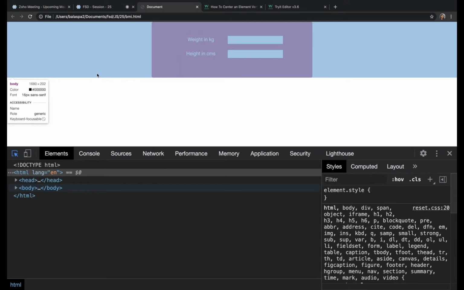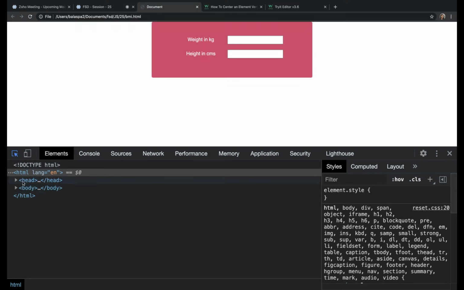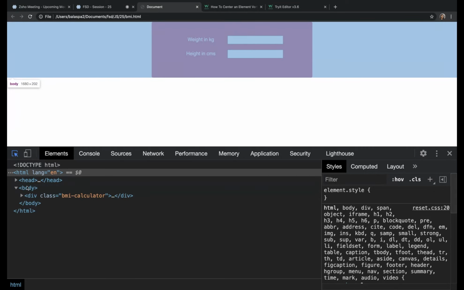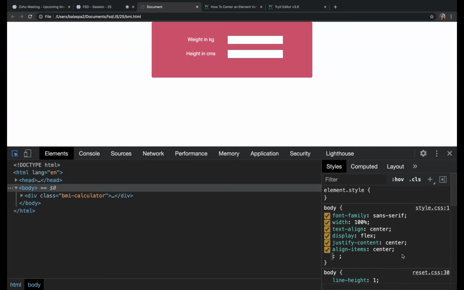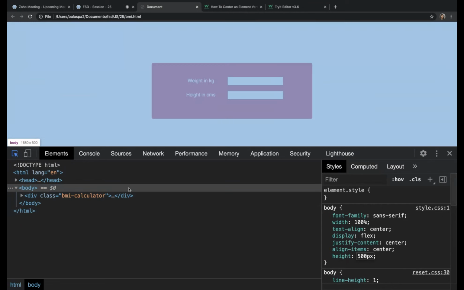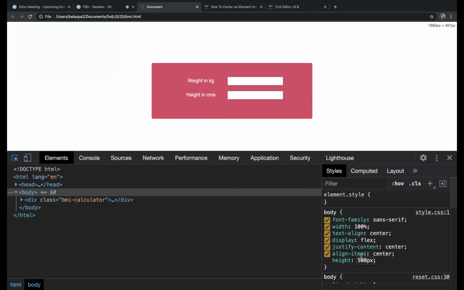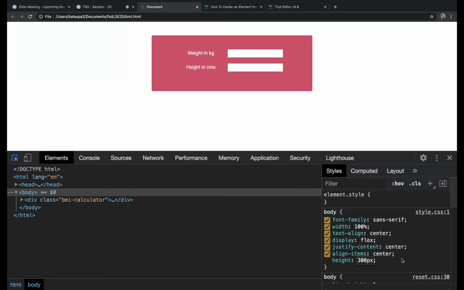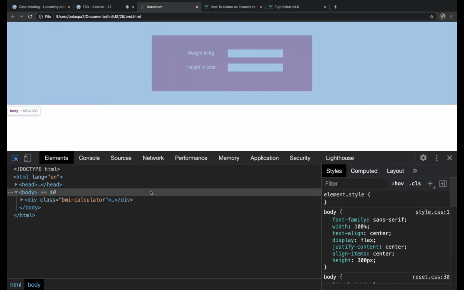The body's width is 100%, so horizontally it made it center. Vertically also it is center only because the height of the body is only the height of the form. So if I give height 500 pixel, I'll change it to 300 pixel.